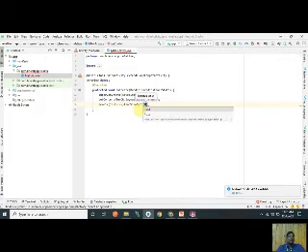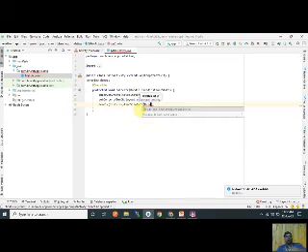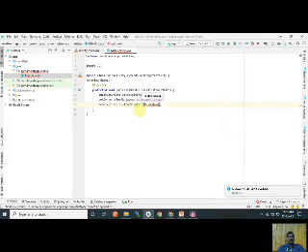This is the layout to set, R dot id dot demo. Now the XML layout text view and the programming text view are both attached. Now we perform the operation on demo1. It is performed automatically on the demo.